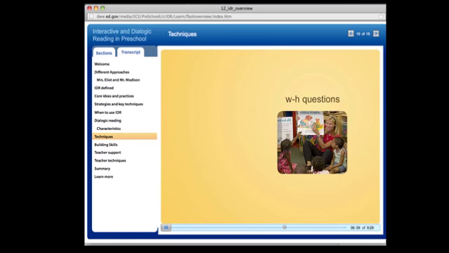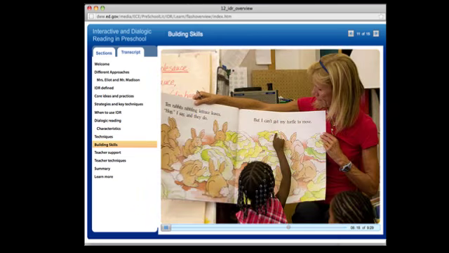WH questions ask students to reflect on key features of the story. For example, while pointing to a picture in the book of a dog digging a hole, the teacher could ask, "What is the dog doing? Who is helping him?" As the child becomes more familiar with the book, the teacher can increase the child's language